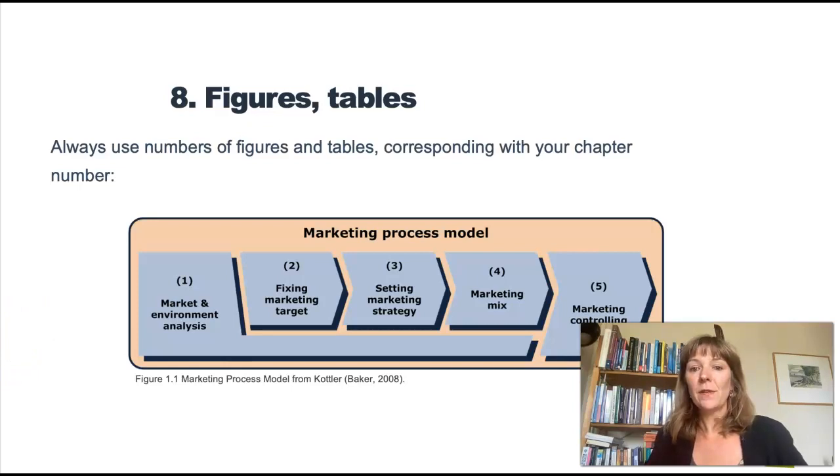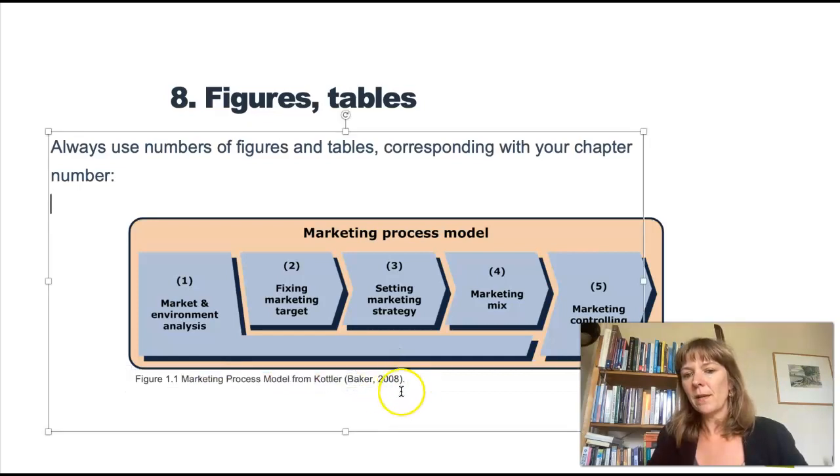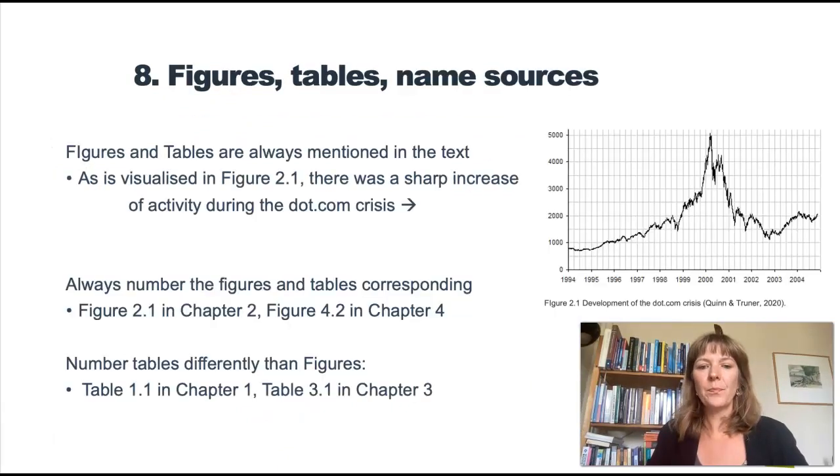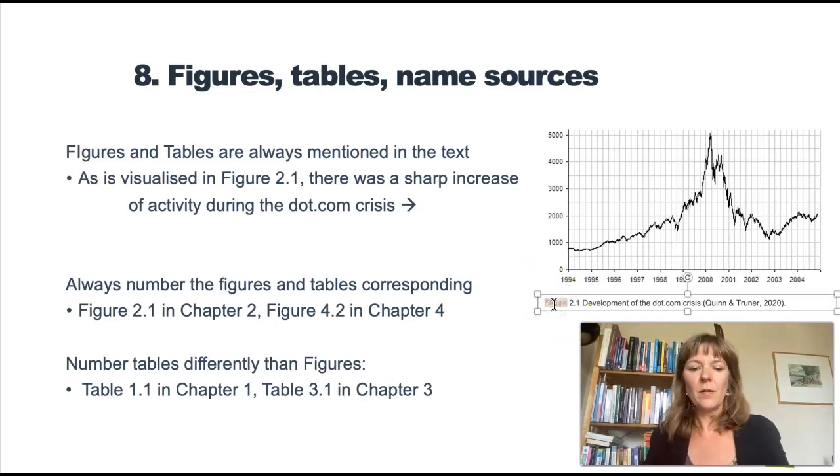Then last but not least, figures and tables. Use the numbers referring to the chapter number. So this is figure 1.1 from chapter 1, and it's about marketing process model from Kotler, and it's from the book Baker 2008. So also cite the book that you have a model from, right, in your heading for the figure. Tables start numbering again, so the figures are numbered in a certain way and the tables are numbered differently. So this is actually not a figure but a table